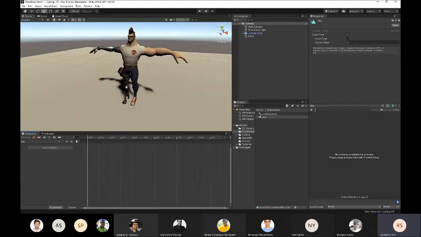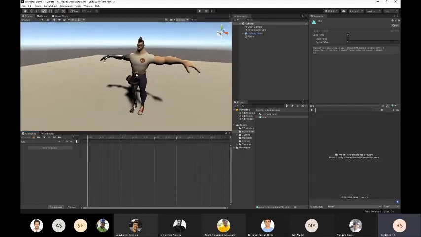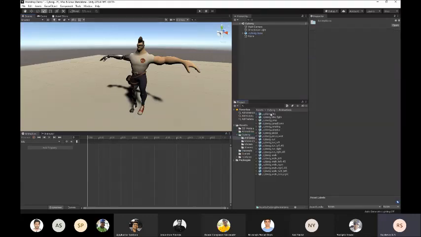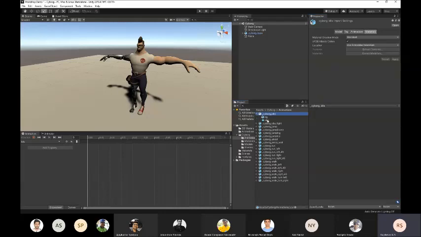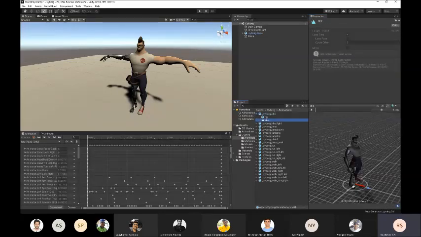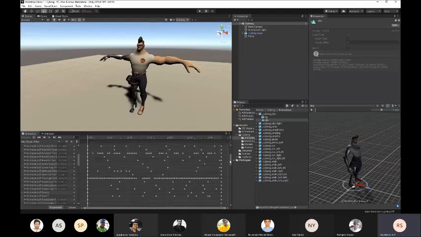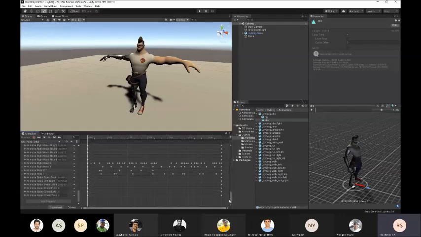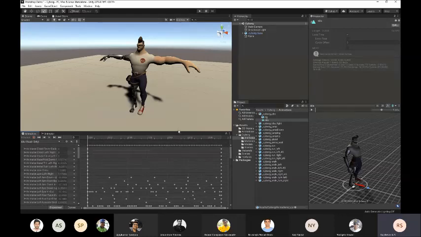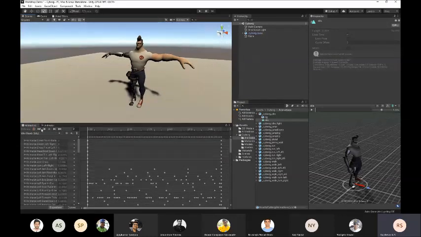So for that, we won't be animating him right now because that takes a lot of time. So we'll be using the animations which were provided with this asset itself. So that's in this folder, Cyborg animations. So you can see all the animations here. The idle animation is over here. Open this drop down, click on idle. So you can see here it's a lot of keyframes, right? This will take a lot of time for me to do manually. So we're just gonna be copy pasting this into our animation.